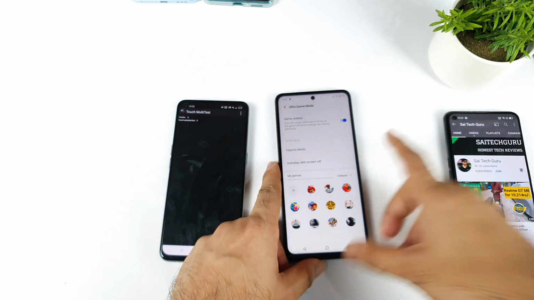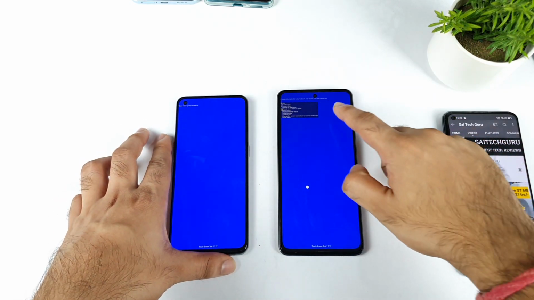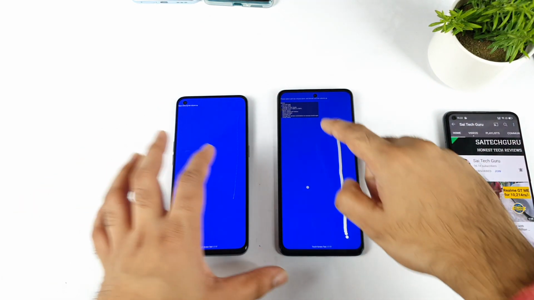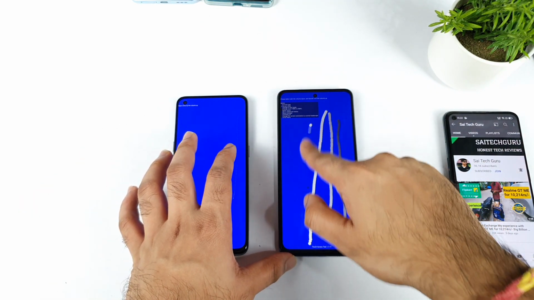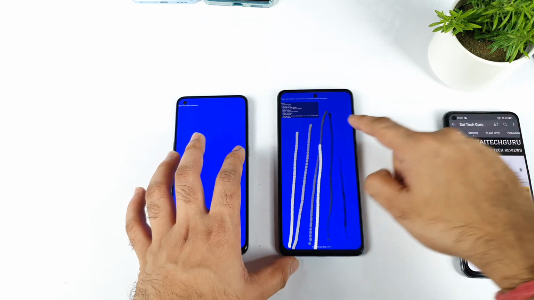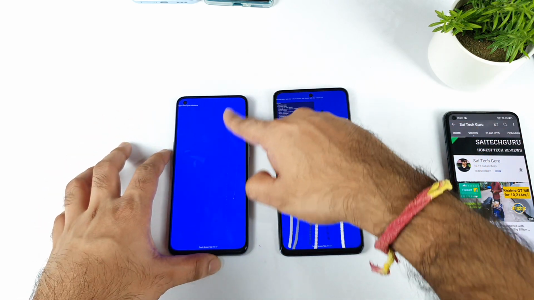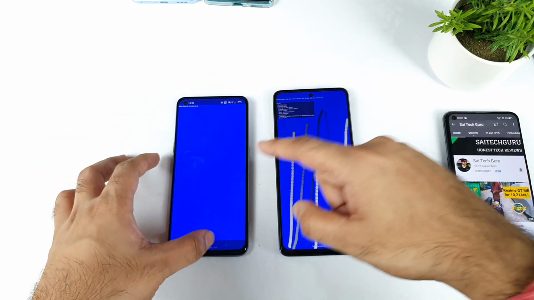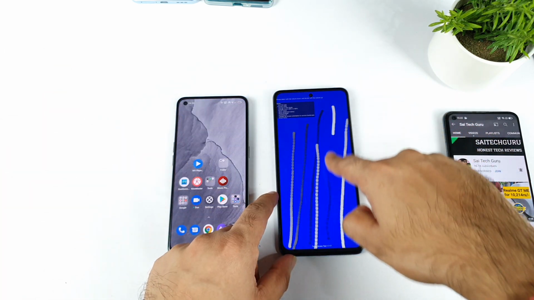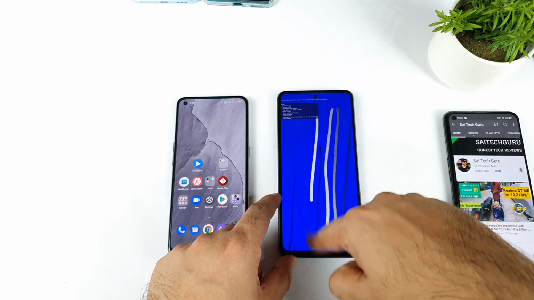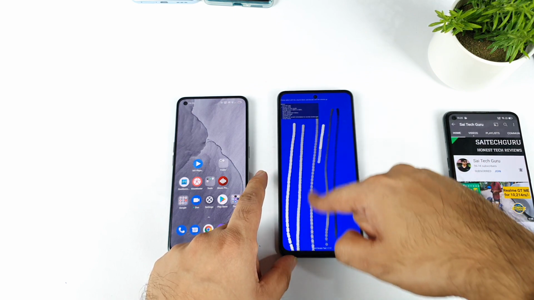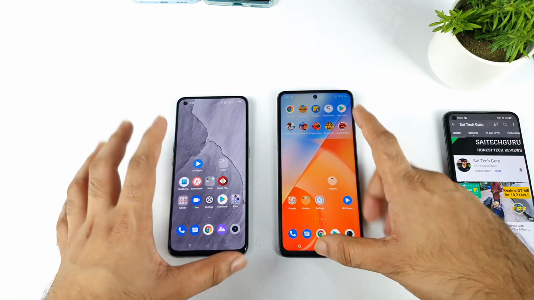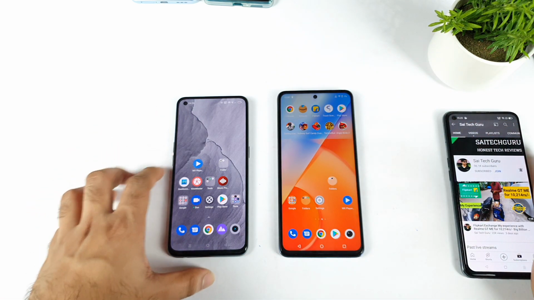This is another touch sampling rate application which I'm going to show you, which looks really smooth, as you can see. But sometimes this application is not compatible with a few Realme phones. I'm not sure why. The Realme GT and the Realme GT Master Edition have the same problem. There's some kind of app compatibility issue, and that's the reason I was unable to show you the touch sampling rate here. But touch inputs are really good on this device. On the iQOO Z5 there are no issues at all with other touch input. So overall, both phones by default have a 240 Hz touch sampling rate. That's the final conclusion I wanted to share with you all.